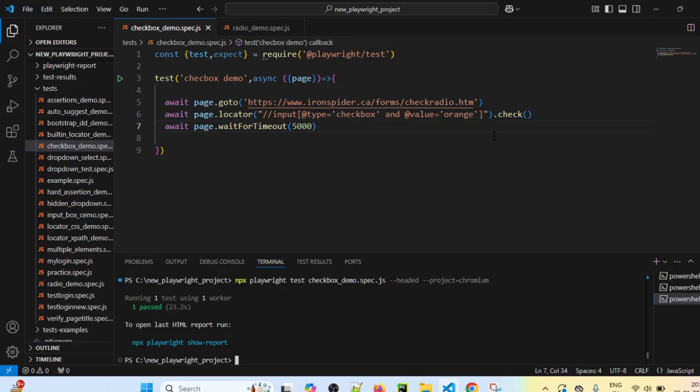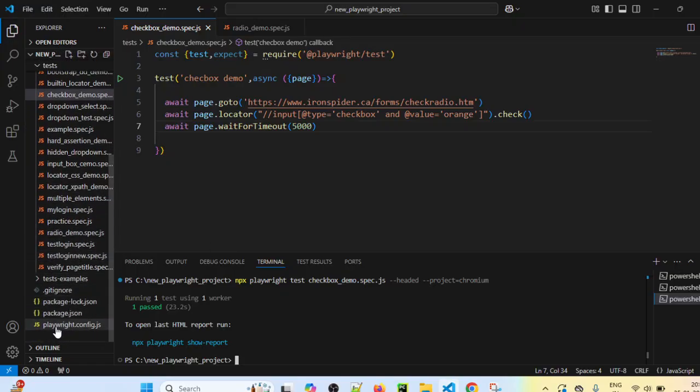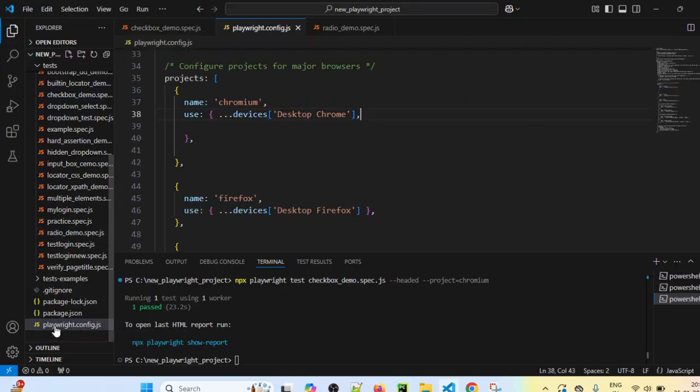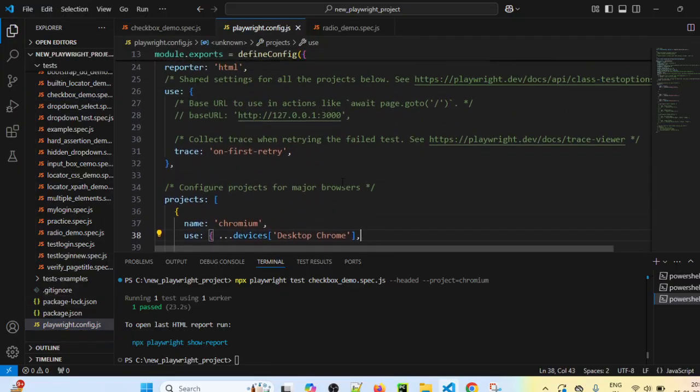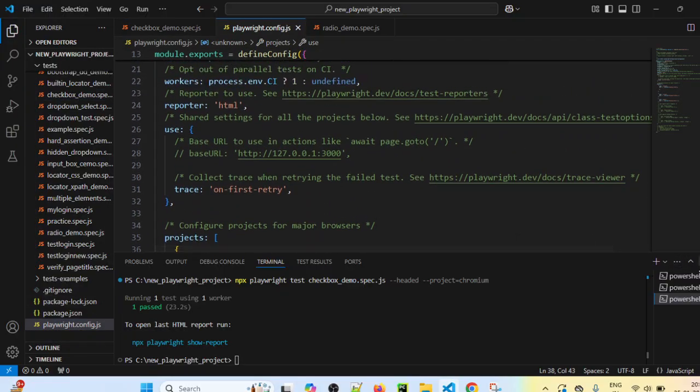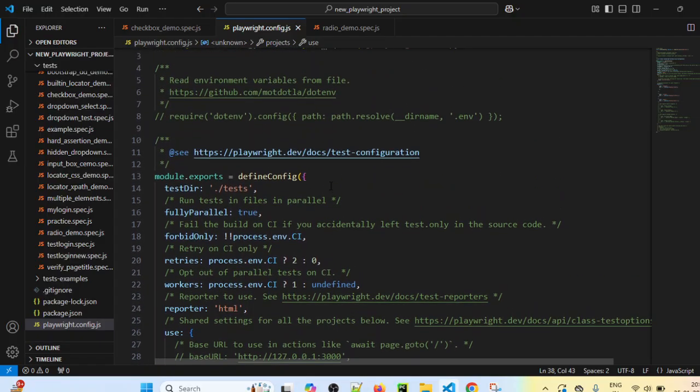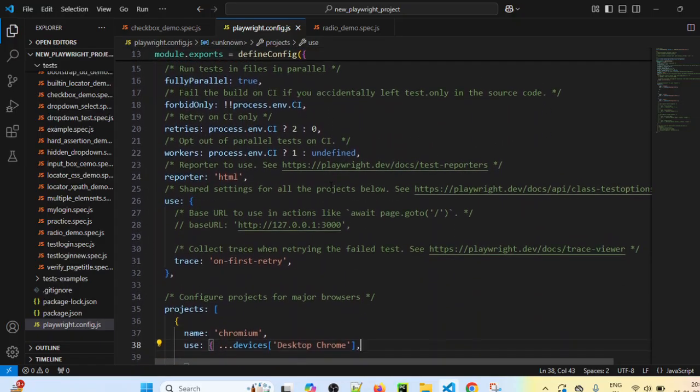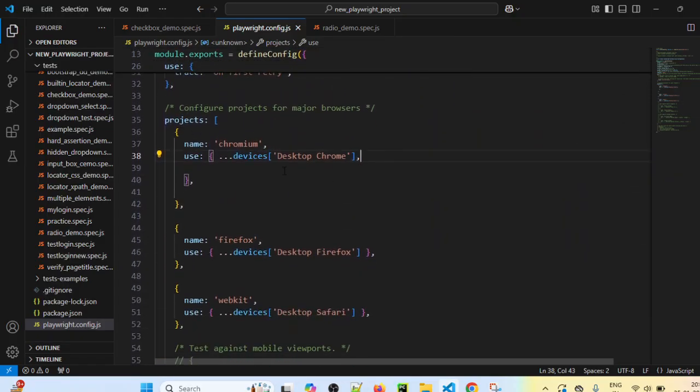So what I will do, I want to maximize that window. Whenever we are going to execute this test, I want it to be in maximized state. So for that, what we have to do is, if you see this file playwright.config.js, we have to just go to this file. Inside this playwright.config.js file, you will see different options here. In the project section